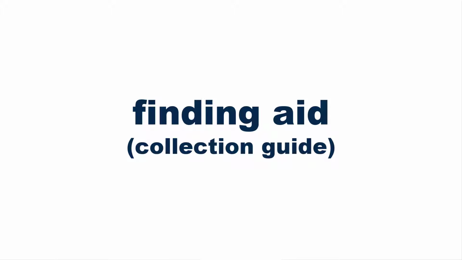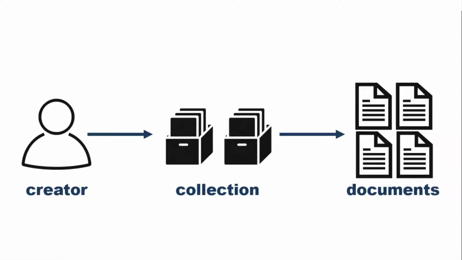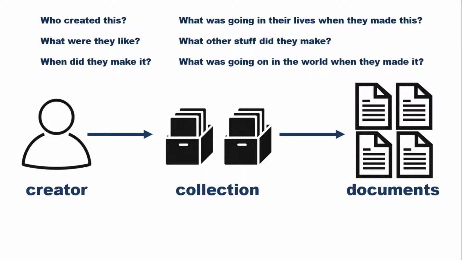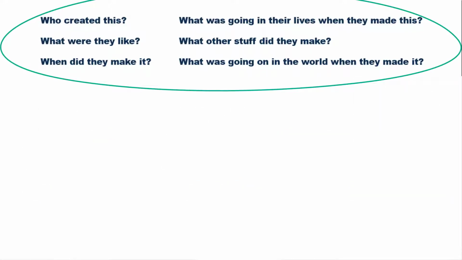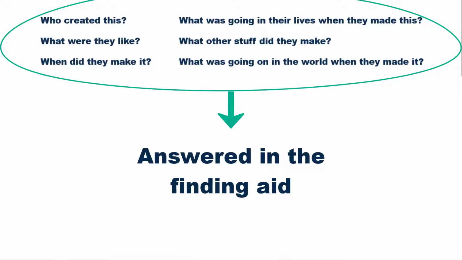You can also think of them as collection guides, but basically these documents are an aid to you finding things in archival collections. Finding aids contain a lot of information about an archival collection. That's because archivists are enthusiastic about preserving original context. This means we care a lot about who created a collection, how they created it, and how they organized it before it came to the archives. And we care about these things because they can help you, the researcher, better interpret the contents of the collection and make decisions about whether or not the collection will be helpful and you want to come see it.